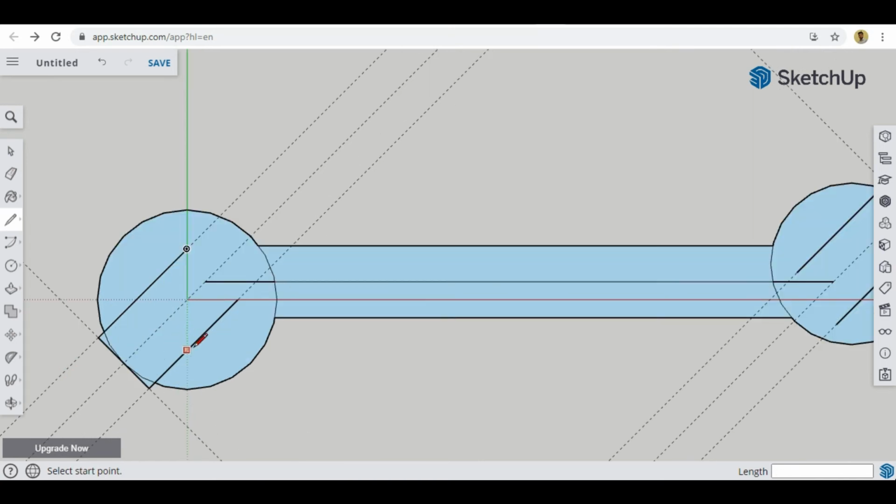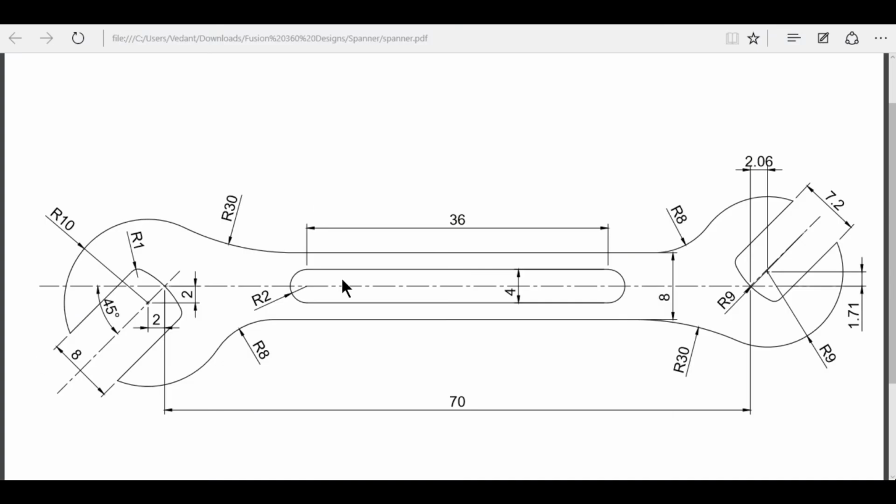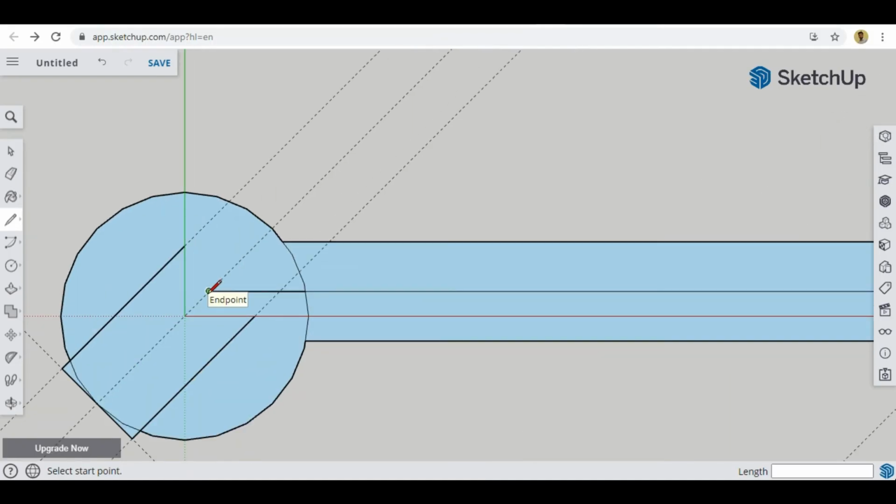Now after this, what we have to do is, see, these curves, as I said earlier, are 9 millimeter in radius. Since they are 9 millimeter in radius, it means their center point from this point should be 9 millimeter apart. Similarly for this one also. So we can go 9 millimeter from this point like this.